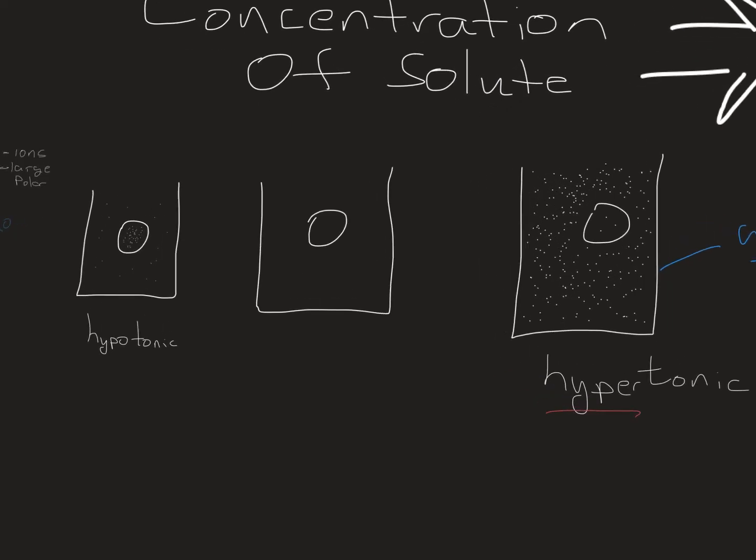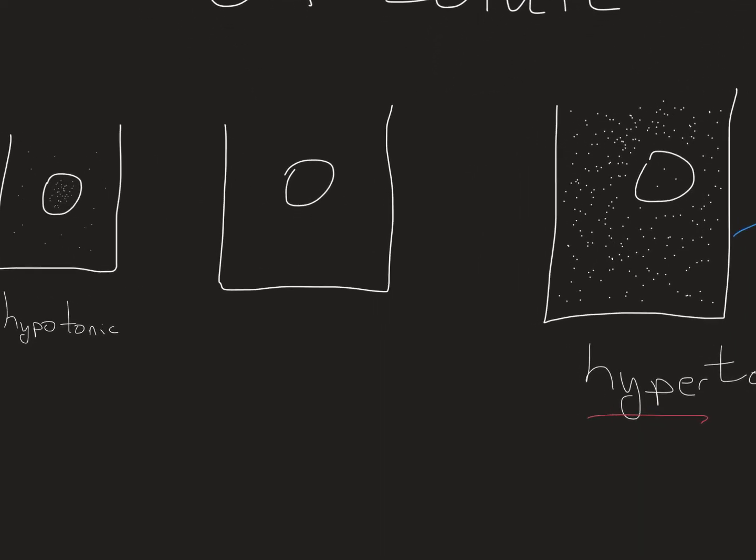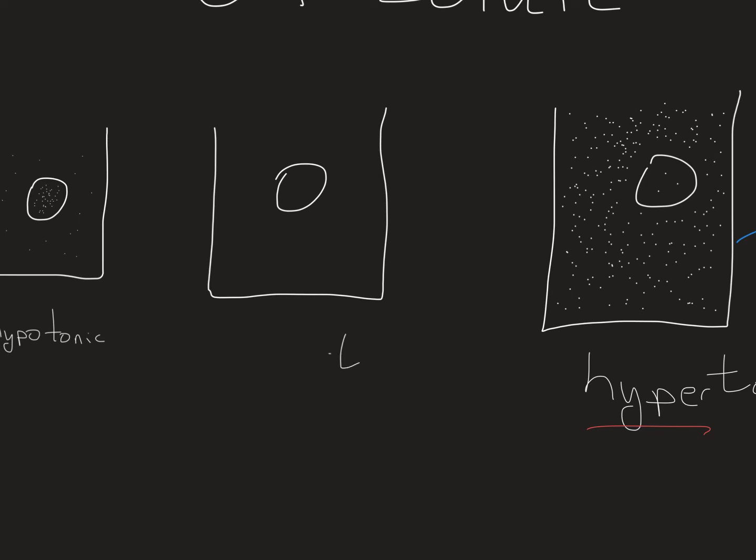So what's the one that we're missing, which is the third possibility? It's either higher, lower, or equal. And that we call iso. Iso means the same. It's the Greeks. They did it to us. So iso means the same.